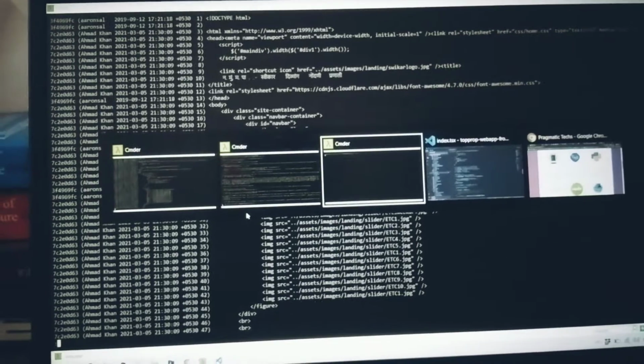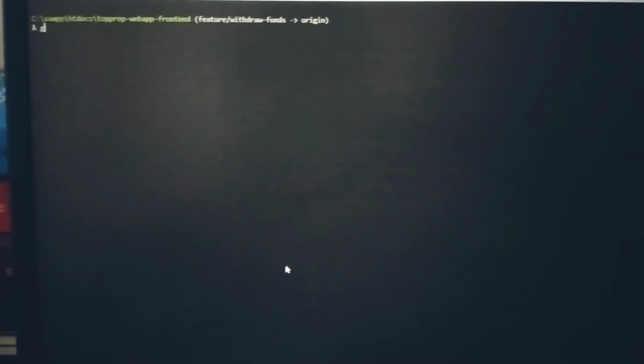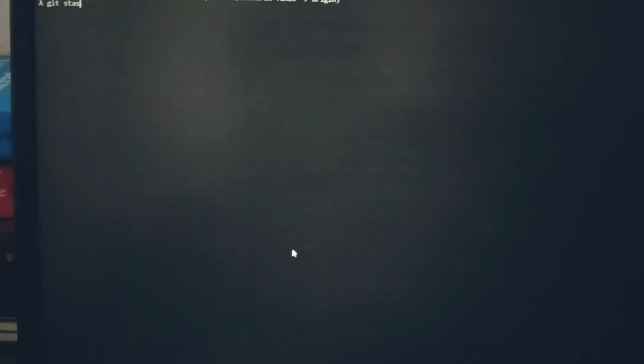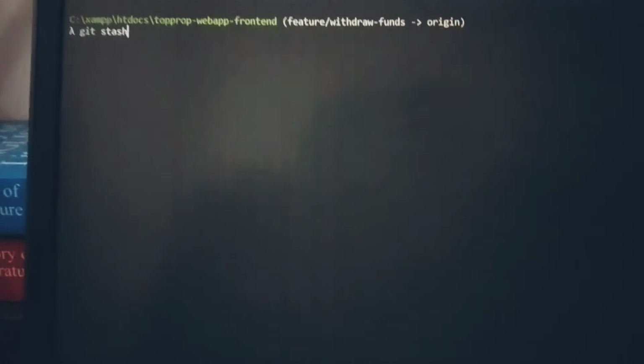Alright, and third and final command is git stash. So what git stash does is, suppose you are working on a feature and suddenly you got a ticket raised in your issue tracking system that a previous bug, a priority bug, needs fixing.